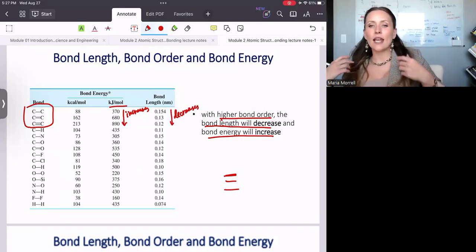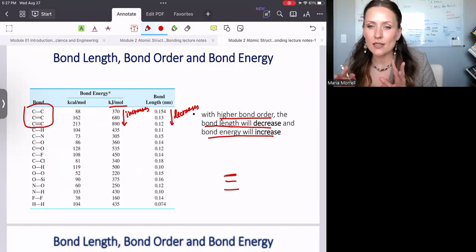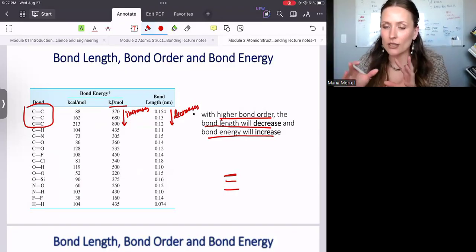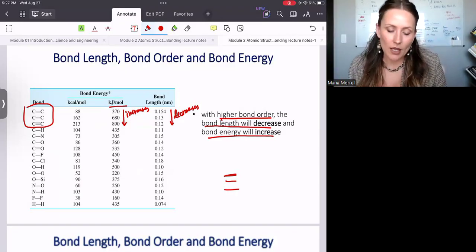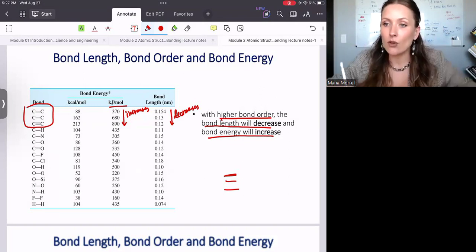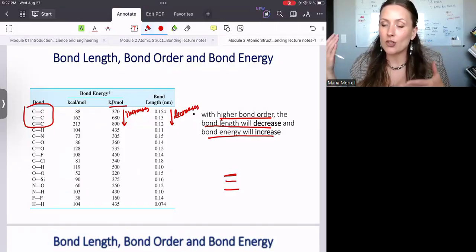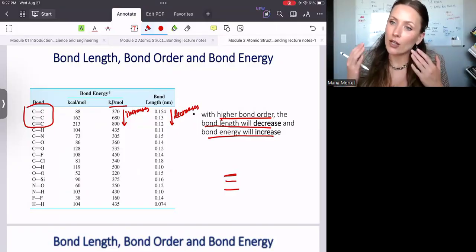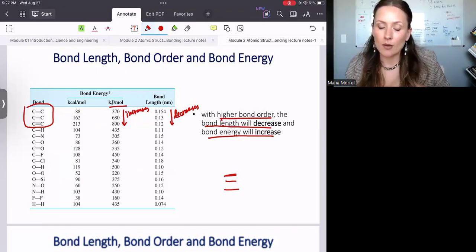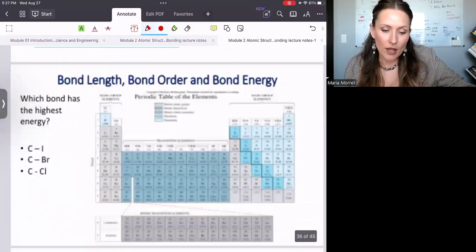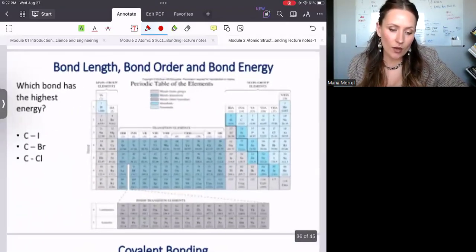I'm not sure this arrow makes sense, but hopefully you remember the explanation I gave you, okay? I added a note: even though the direction is the same way, the trend is different, right? The energy increases and the bond length decreases. Okay,